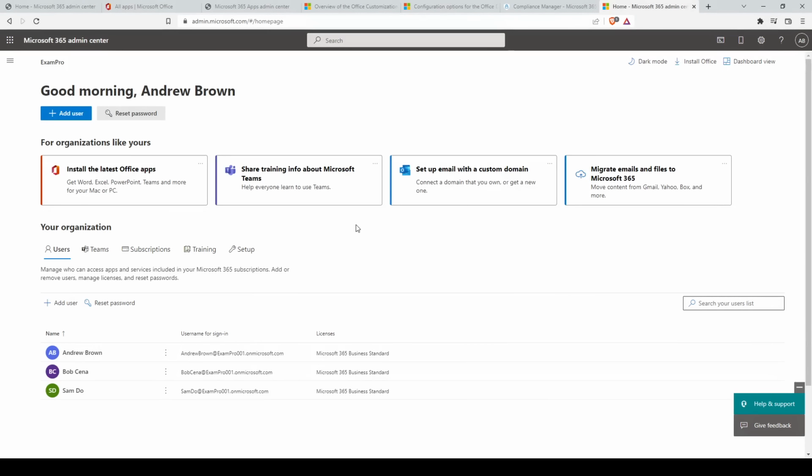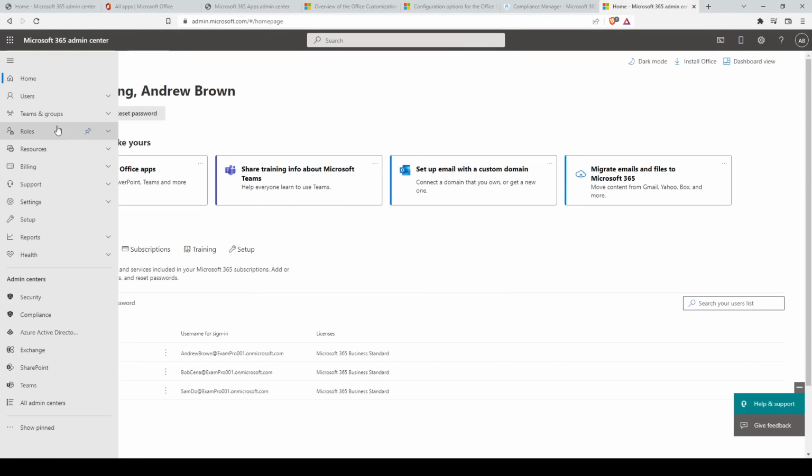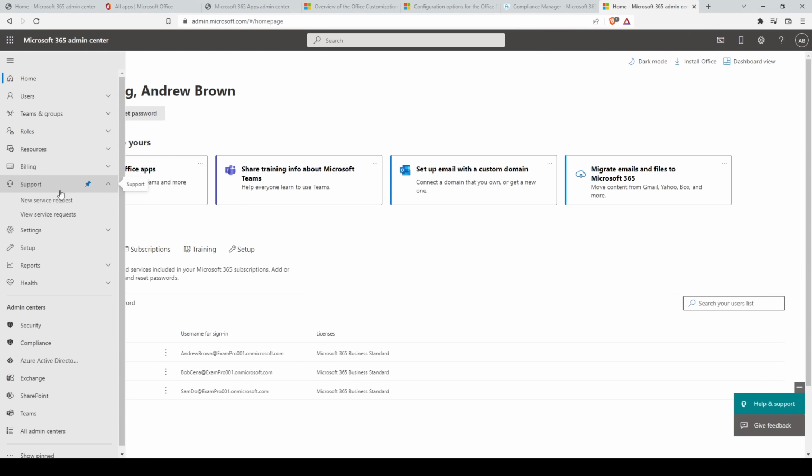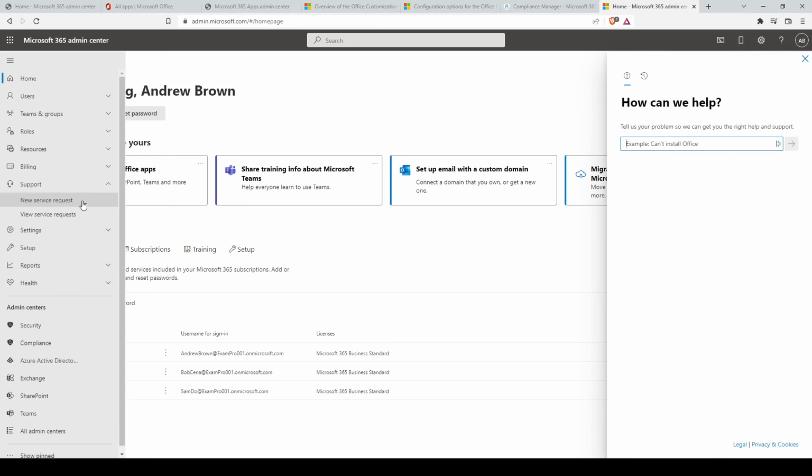Hey, this is Andrew Brown from ExamPro, and we're taking a look at how to create and manage technical support cases in the Microsoft 365 Admin Center. So, on the left pane of the Microsoft 365 Admin Center portal, click on Support, then click on New Service Request. On the How Can We Help page, provide a description of your problem, and the system will provide a